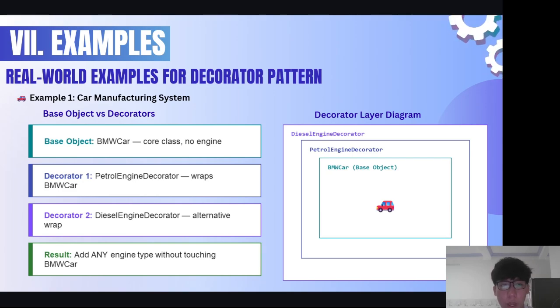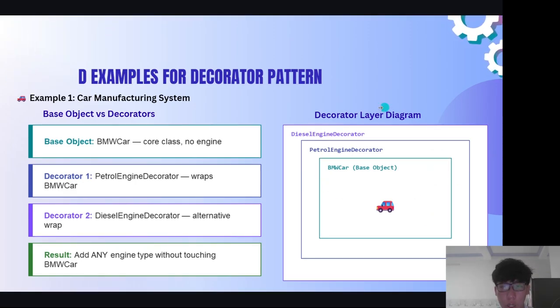With the decorator pattern, we have one clear base object. A BMW car knowing nothing about the engine. It's just the car. Then we create a petrol engine decorator and a diesel engine decorator. Each one grabs the BMW car and adds engine behavior on top. Look at the diagram on the right. You can see